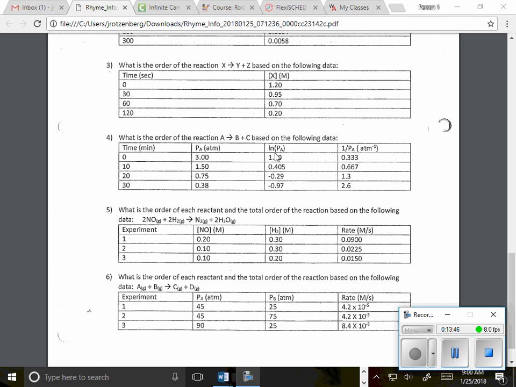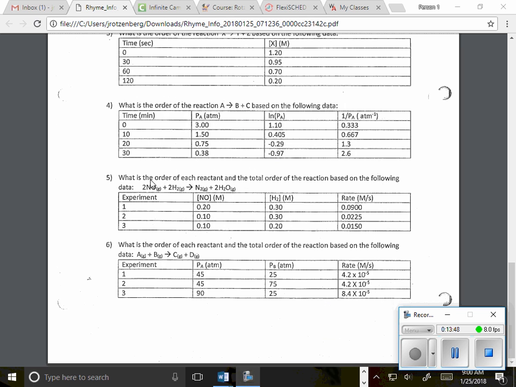All right, so that brings us down to questions 5 and 6, which are more similar to that second question on the reading guide. What happens if we have more than one reactant? We have the NO and the H2. If you're doing a problem like this, which is what the practice problems are primarily, if we have time to get to that at the end of class today, so that sheet you picked up on the way in,